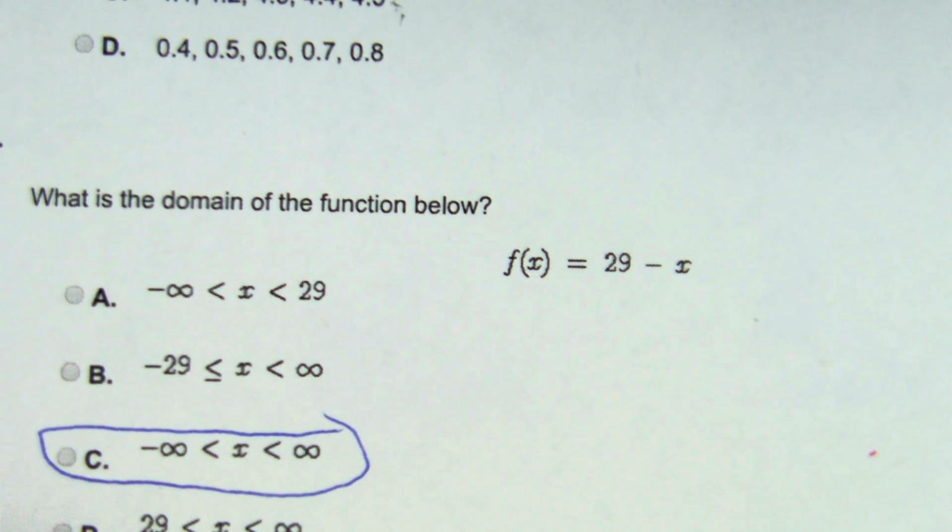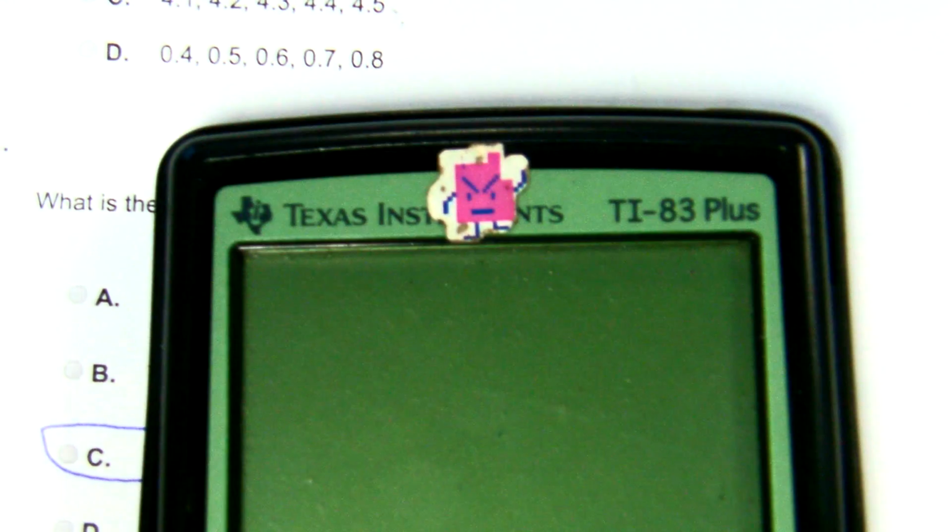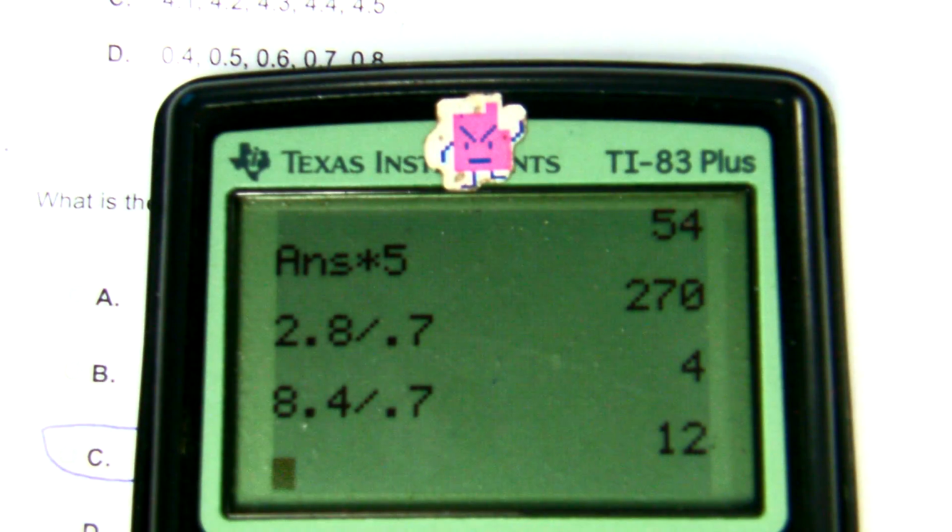You need to have a graphing calculator to do it. We haven't done graphing yet in class. We'll get to that after probably after Christmas, maybe before. But anyway, if you want to graph an equation,